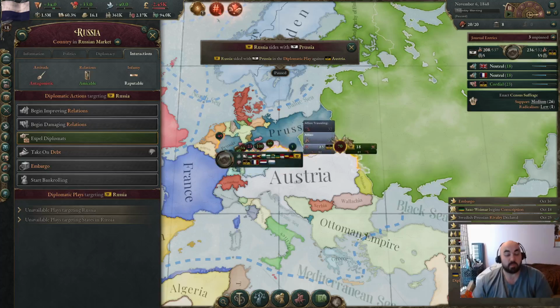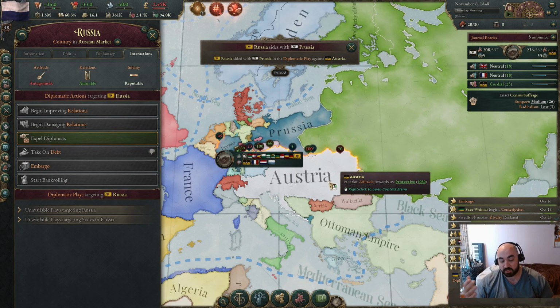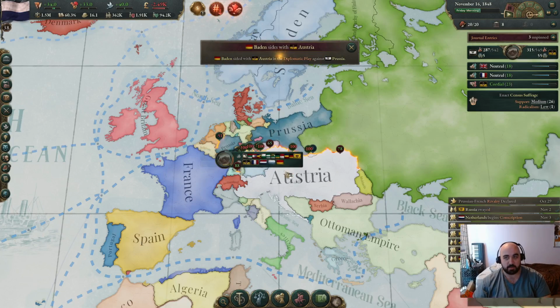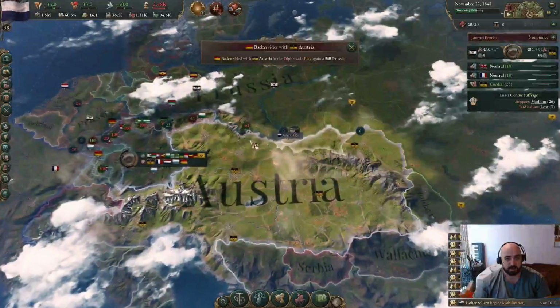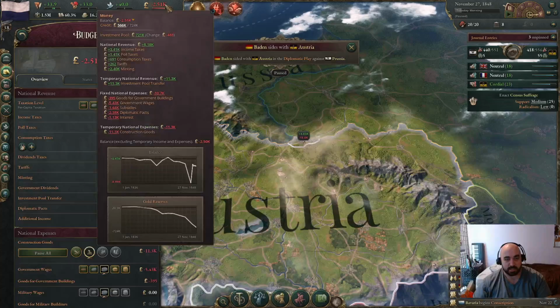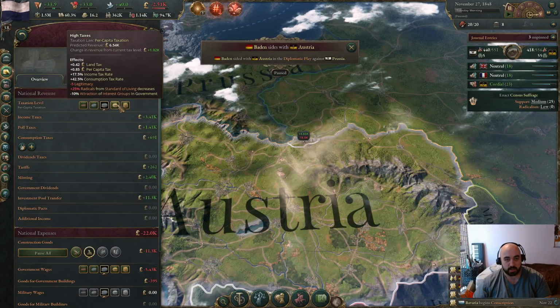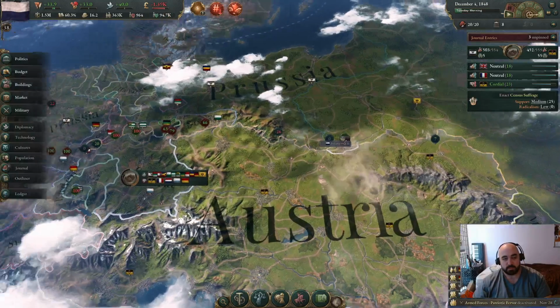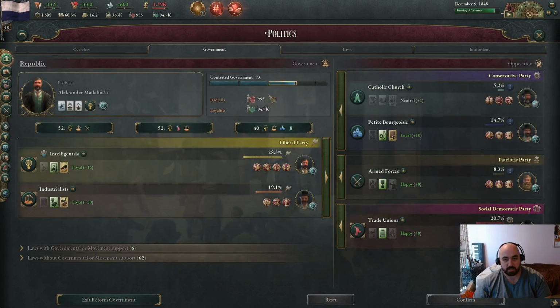This makes it much more likely that Russia rivals Austria, which is something we're interested in. Now, we can't do anything about this, and hopefully Austria gets clapped, but this is nice for us. Baden sides with Austria. I do think that this makes this a lot more likely, so we're going to increase taxes a little bit to try and offset this. I know this makes us less legitimate, knocks us down a tier, but